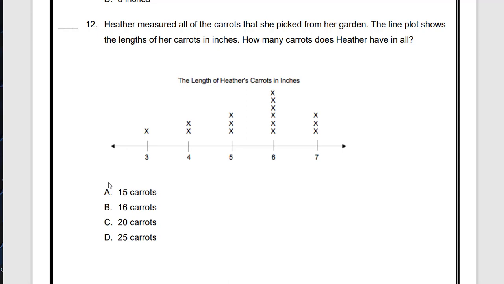Heather measured all the carrots that she picked from her garden. The line plot shows the length of her carrots in inches. How many carrots does Heather have in all? Okay, so we are plus